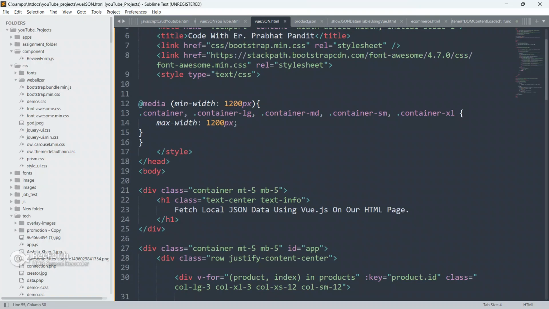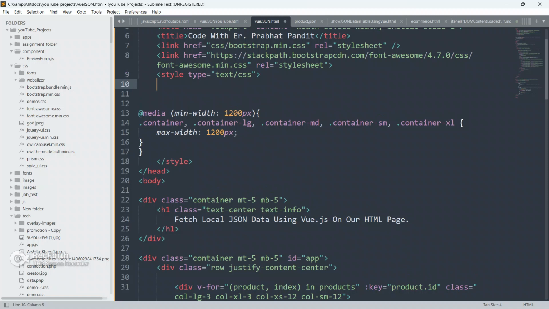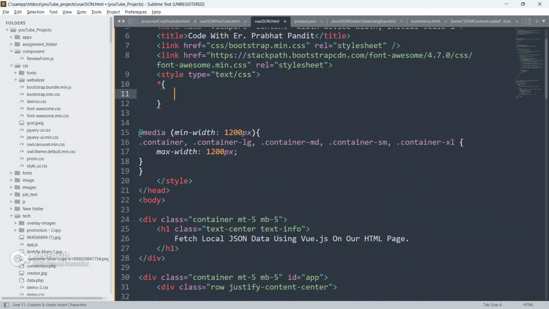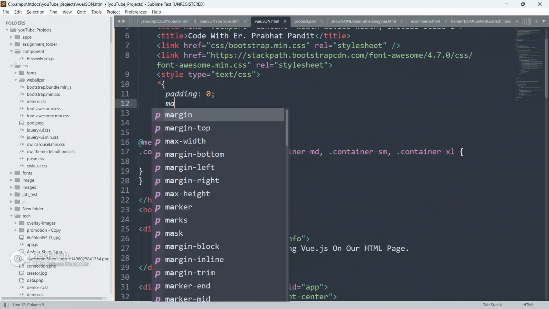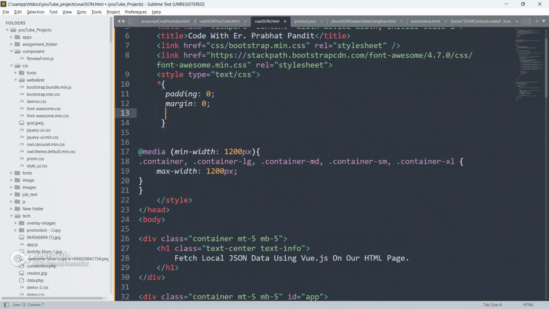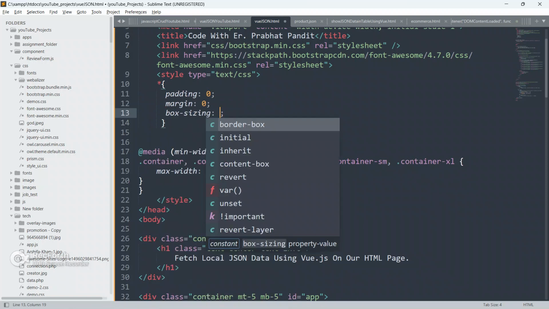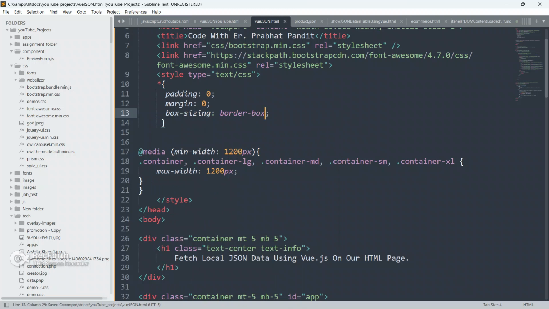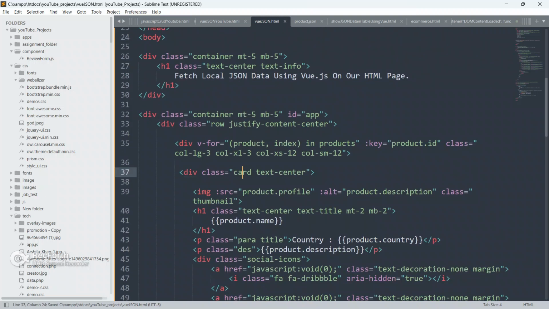I'm gonna go inside the code again and go to the style sheet, and from here start your styling. First of all, let's put asterisk and say padding 0, margin 0, and box sizing as border box.